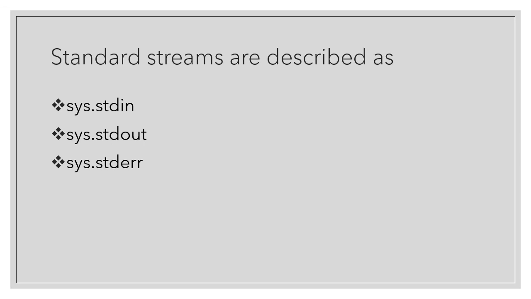Here the three standard streams are described. First one is sys.stdin, when a stream reads from standard input. The next one is sys.stdout. Data written to sys.stdout typically appears on your screen but can be linked to the standard input of another program with a pipe. Like that, the connection will be there with the input and output. Then error messages are written to sys.stderr. So these are all common things.